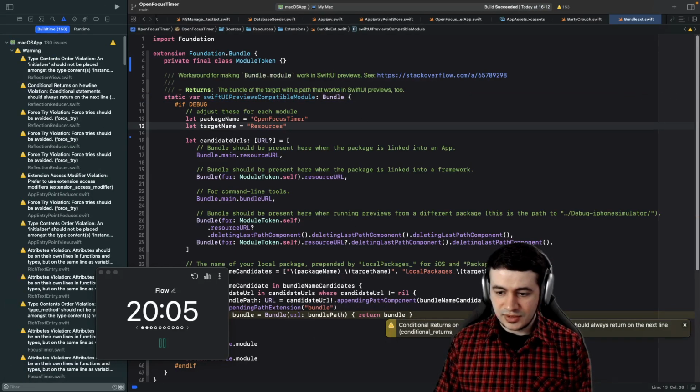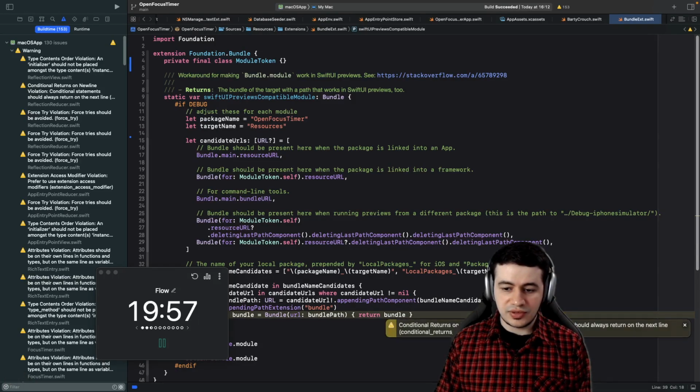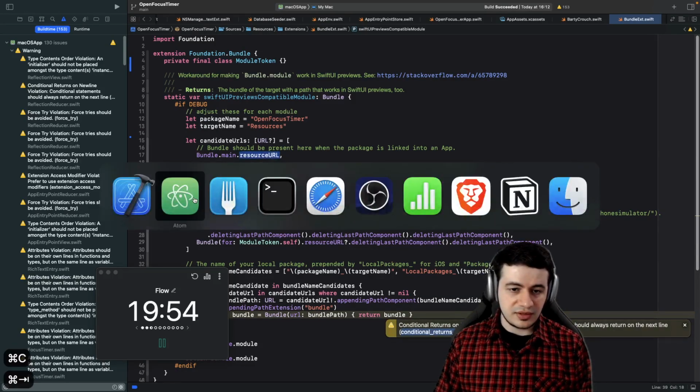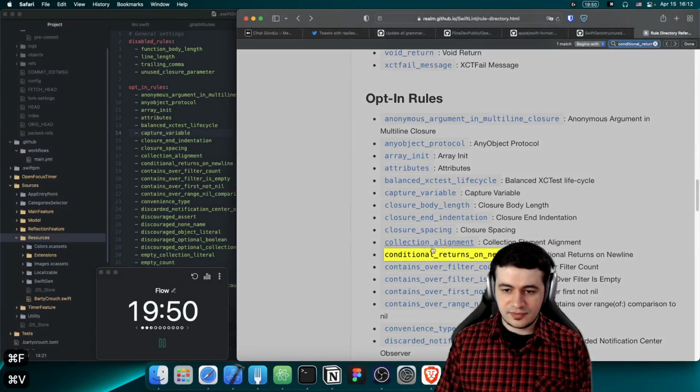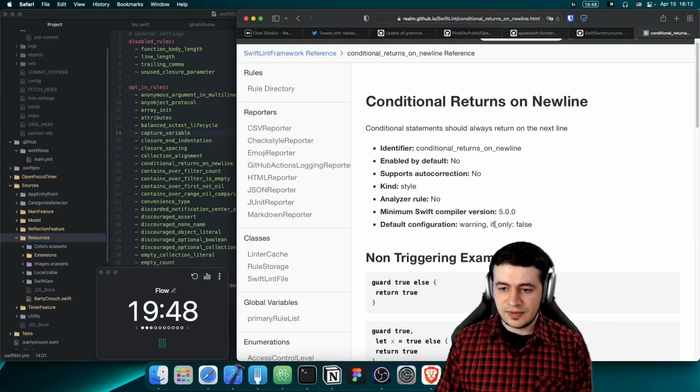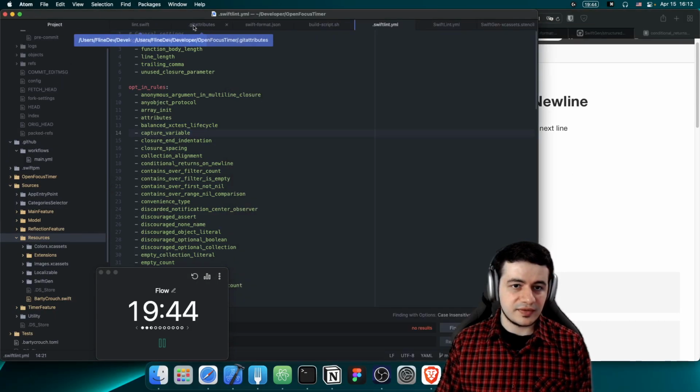Conditional returns on new line. Conditional statement should always return on the next line. No, I don't agree. Oh yeah, for if let you should do that. But we should make it clear it's only reported on if let. Can we make that? Conditional returns on new line. If only, yeah, exactly. That's what we need. So I want to specify that